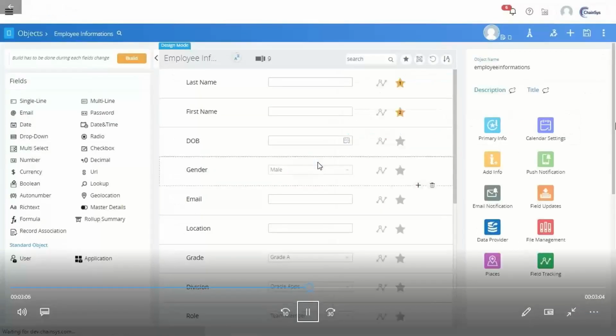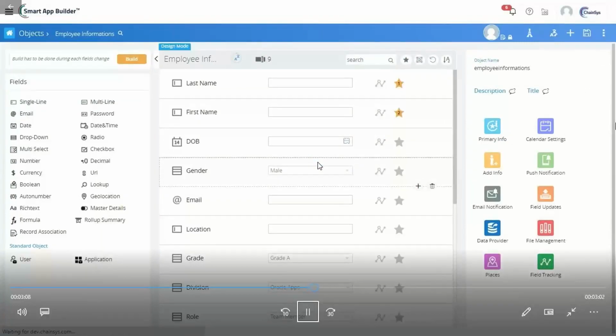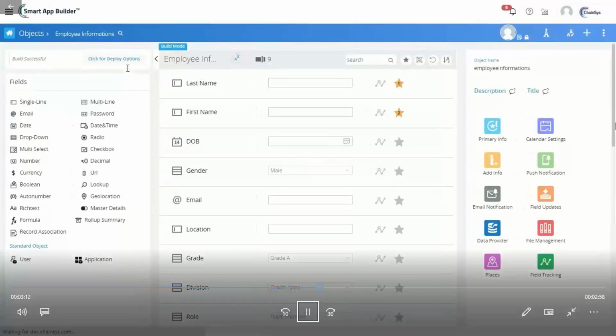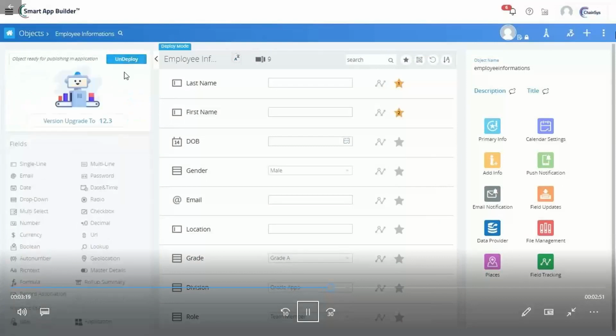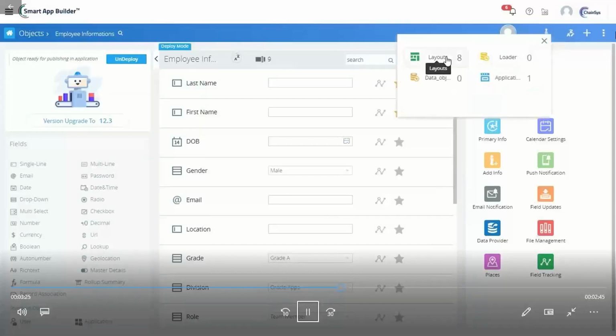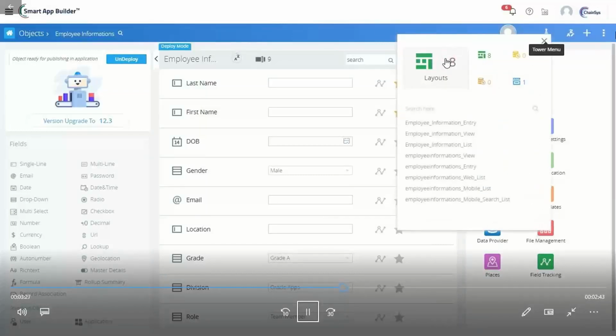Save the object, build and deploy it. So navigate to tower menu to select the custom layout created for this particular object.